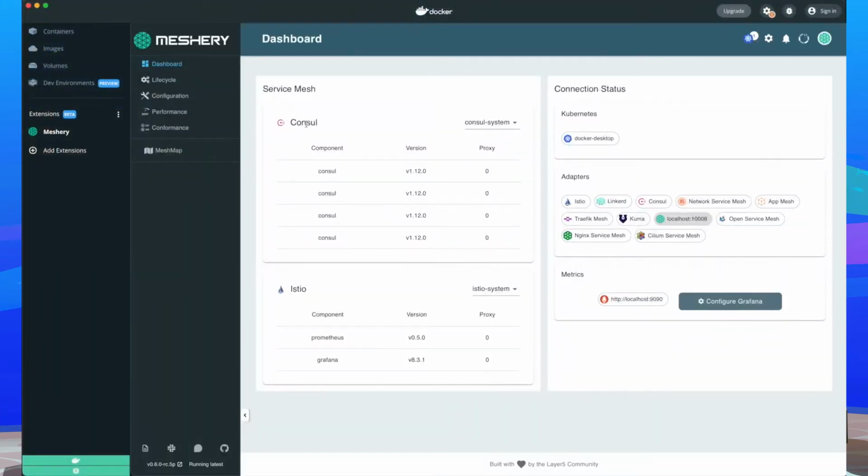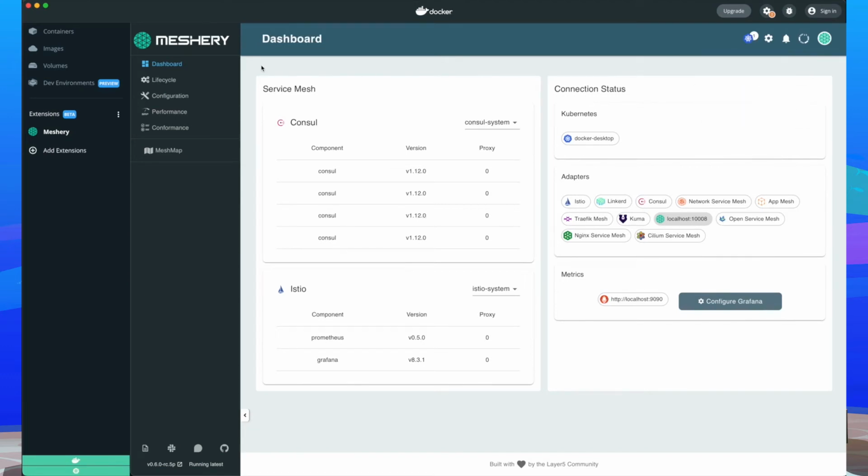In Meshery's UI, we see Consul has been deployed and discovered. That operation was performed by the Meshery adapter for Consul, which is joined by a few other service mesh adapters. In this particular environment, we're connected to Docker Desktop, and that means that we're in a single Kubernetes cluster deployment.